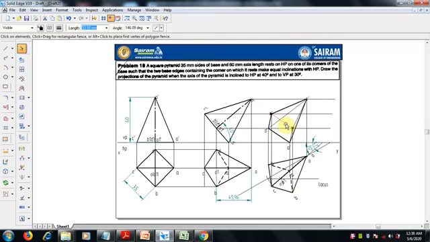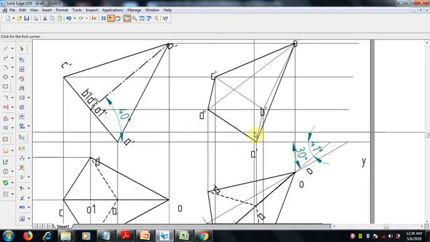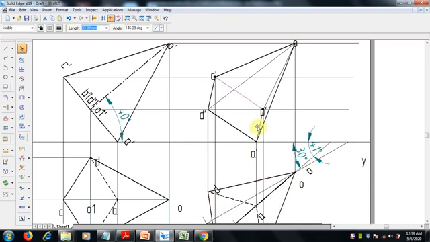So select this, make a zoom. So the bottom base which is there, this is the base, the remaining already visible line is there. Go and make 0.5 mm thick line. So now the base is there. This AB is a visible edge, CB is a visible edge. So when joining C to O, it's visible, and B to O should be visible. So select this, make 0.5 mm thickness.